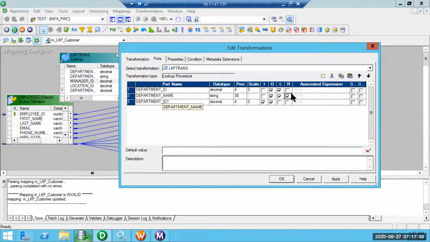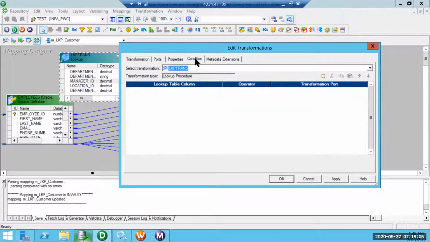In case of unconnected, if we try to check the return port on any other column, it will not work. It can accept the return checkbox on only a single column. It is as good as a function: the same way a function returns a value, an unconnected lookup is a function which can return a column. This is a must. Without return, it makes no sense to configure an unconnected lookup transformation.